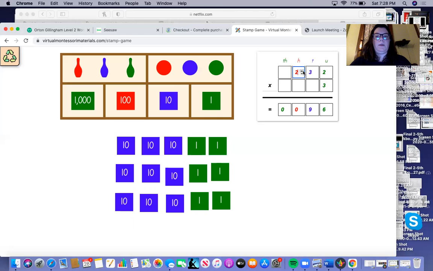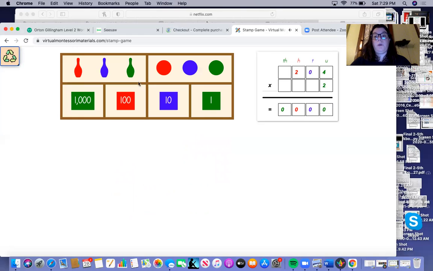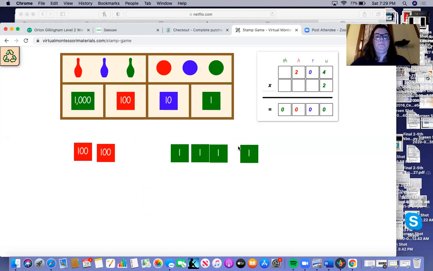Let's do a number. I'm going to have 0 tens. All right. Back at 0. So we have 204 times 2. So 2 groups of 204. So 204. I don't have any 10s. And